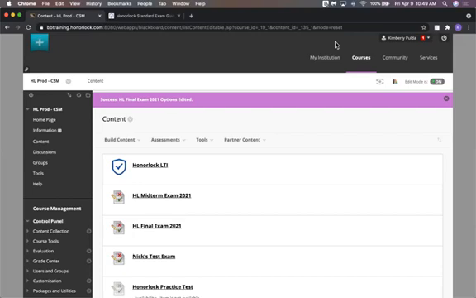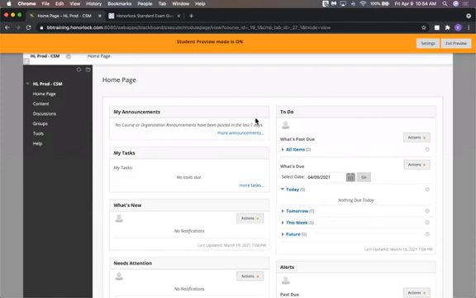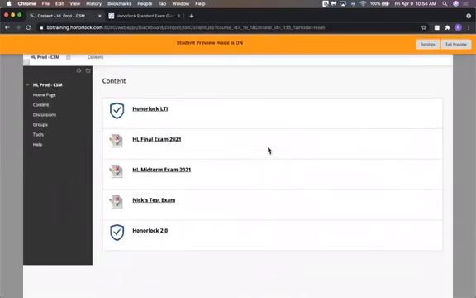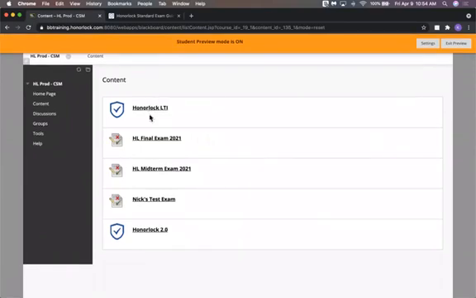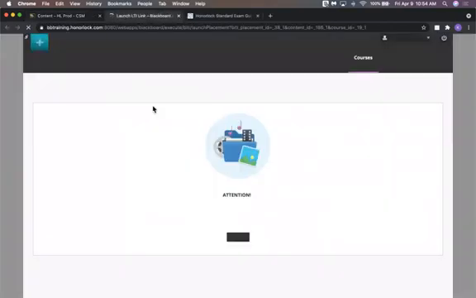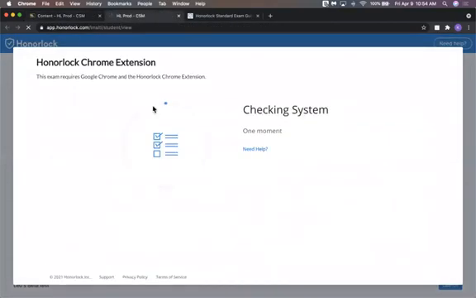All right, so let's take a peek at the student view here. I'm just going to enter my student view, and pull up the exam now. From the student's end, they will see an Honorlock LTI as well. They'll also still see their exams that they have to take. Students can click on the Honorlock link in order to then pull up the exams that they have to take